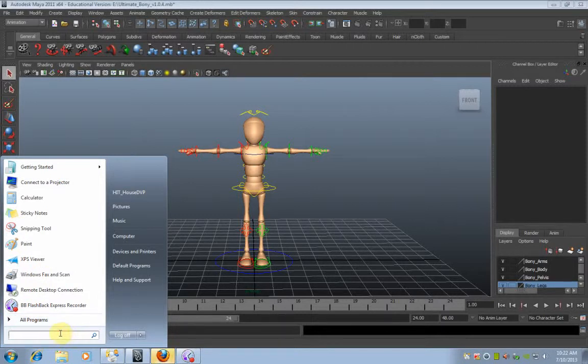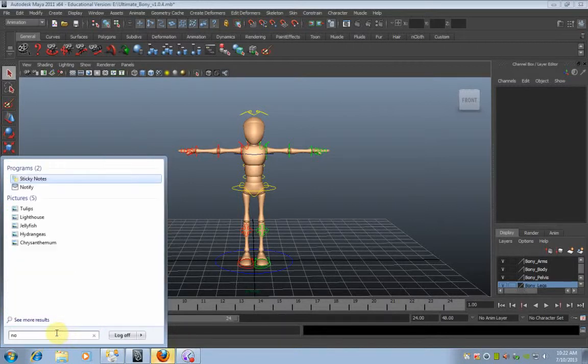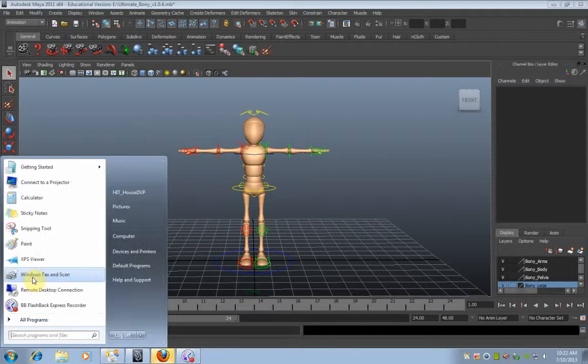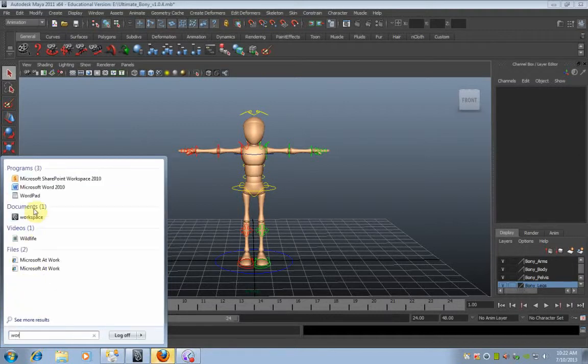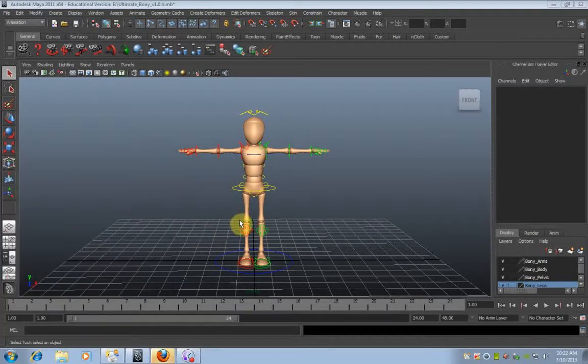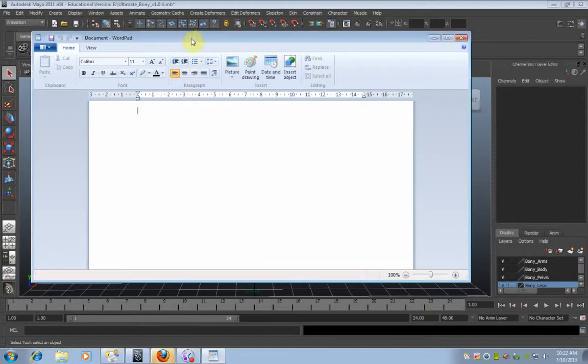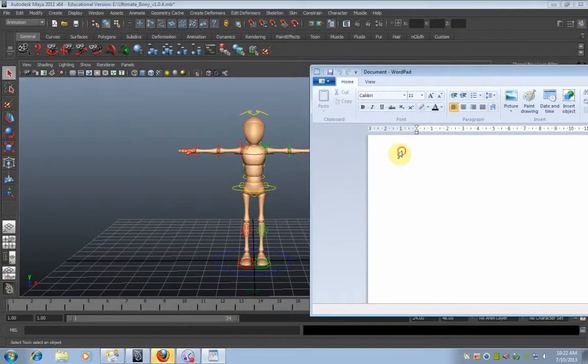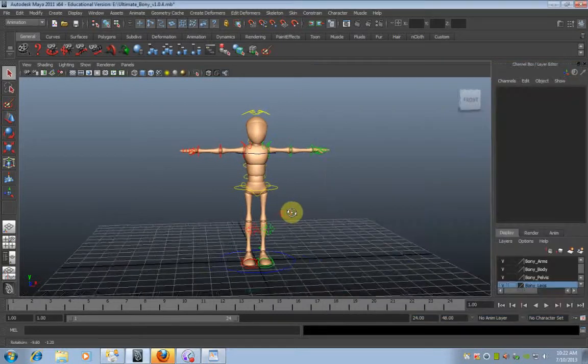Now let me just get up a notepad. Where's the word pad? And once I've done that, and it sounds a little bit procedural, but it's good to do a stock take, and you won't always do this, but just to start off with, just do a stock take of what you think all of the different body parts are doing, because in a way, we have to